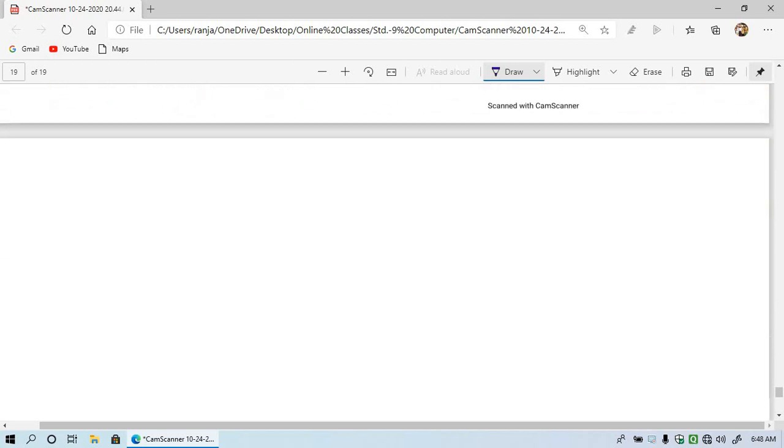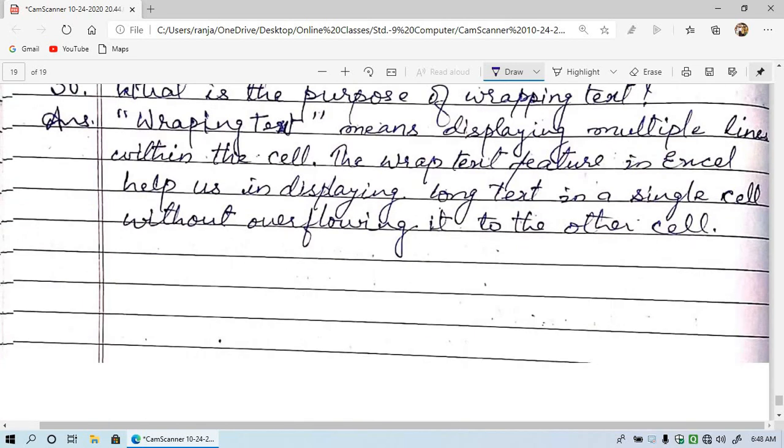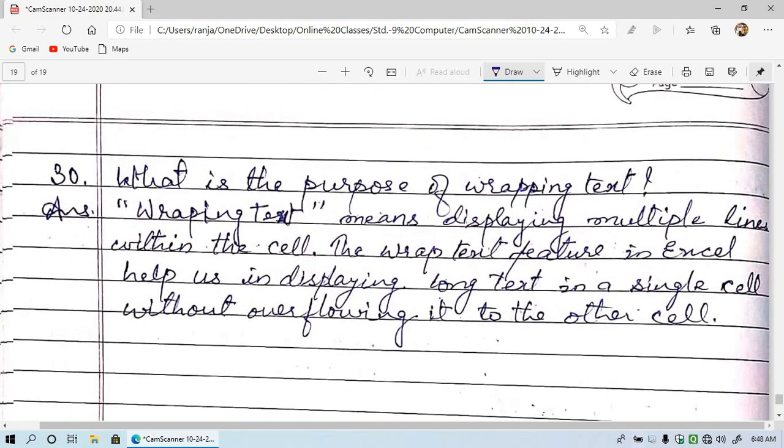Then the last question, what is the purpose of wrapping text in Excel? So see, wrapping text means displaying multiple lines within the cell.